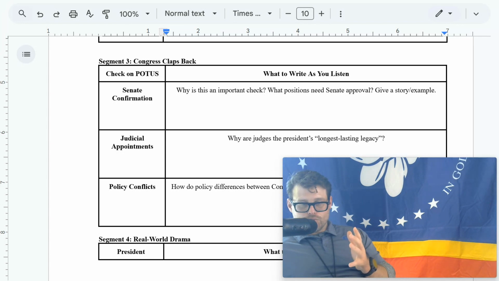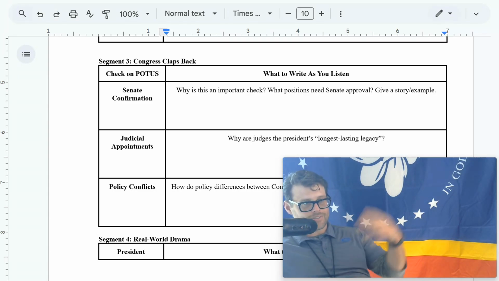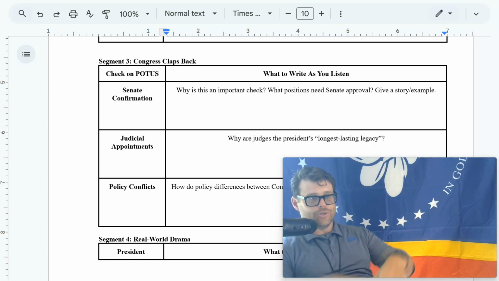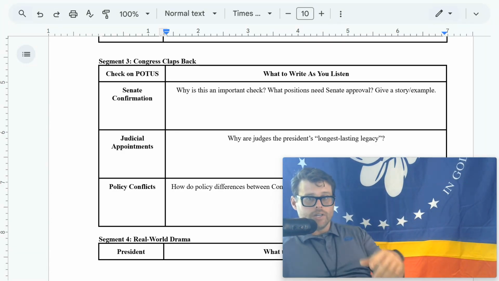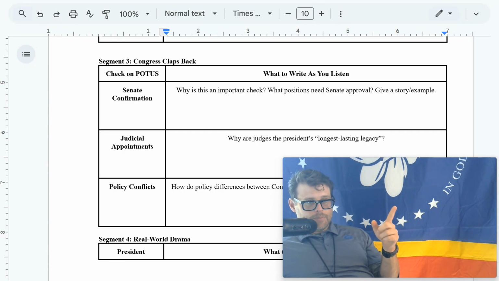Then trying to cancel student debt with another. It was blocked by the courts. And then Trump, he's currently having a field day throwing out executive orders left and right like he's Oprah. You get an order. You get an order. You get an order. Specifically, the flag burning ban is a big one.